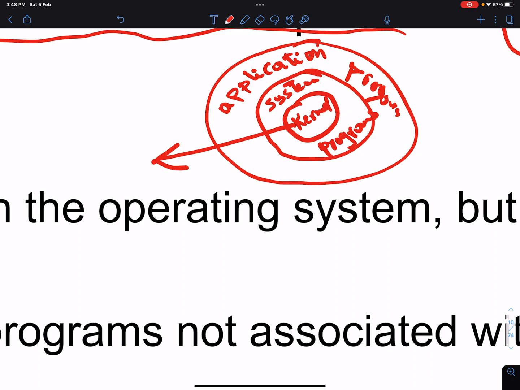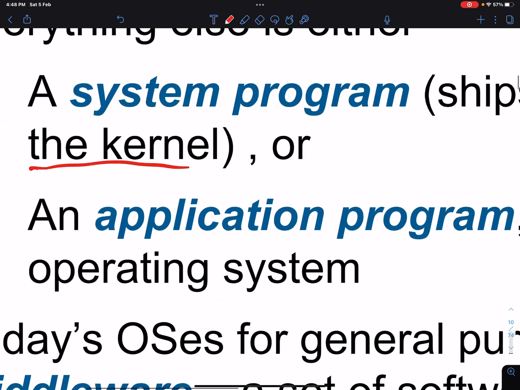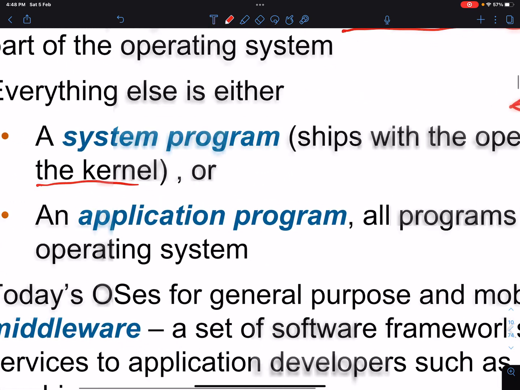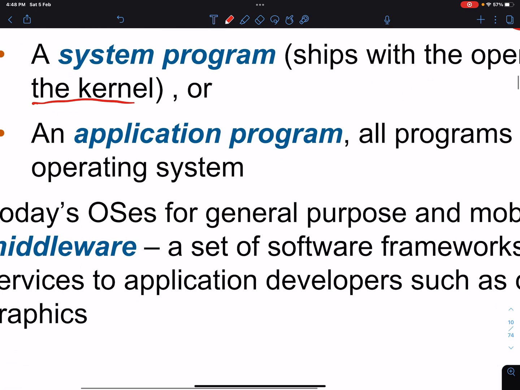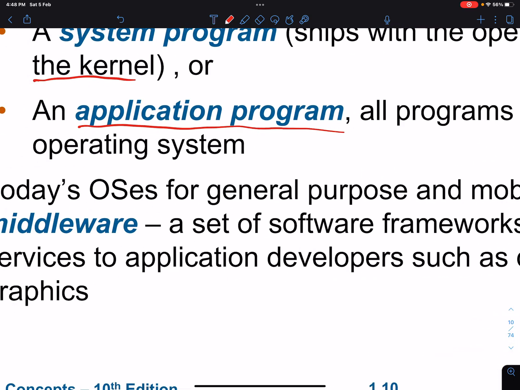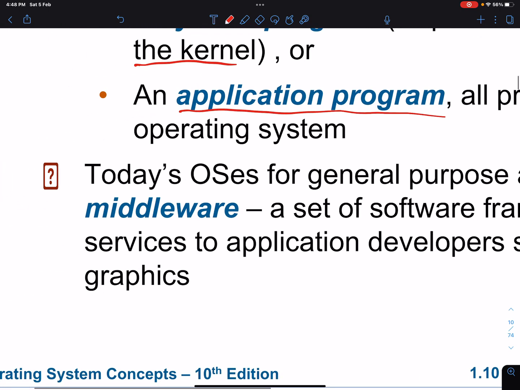But TCP/IP doesn't have to be working all the time. So the memory manager is part of the kernel, but TCP/IP is a system program. So a system program is something that is shipped with the operating system, but is not part of the kernel. How about the application program? All programs not associated with the operating system, like what? Any text editor that comes with the operating system, or that you can install. This is an application program.